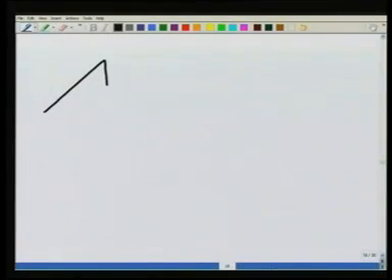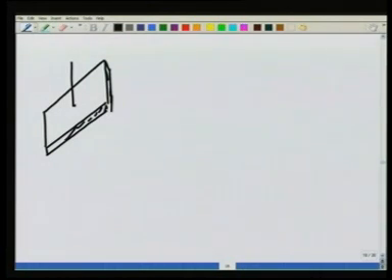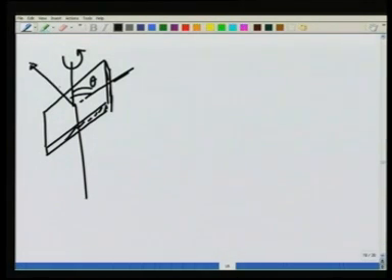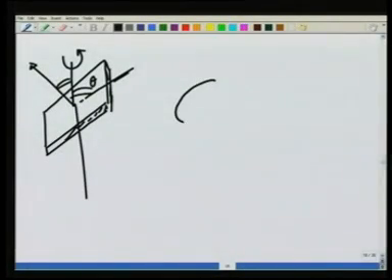As a variation on this problem, let me ask you to do a problem where the rectangle is kept with its plane making an angle with the vertical, and it is being rotated like this, so that the normal to the plane is at an angle with the rotation axis. I want you to calculate how much torque would be required to keep it rotating. I leave it for you to solve, although I am going to solve a related problem, that of a disc